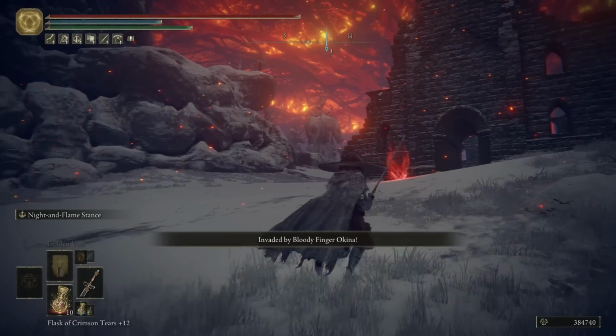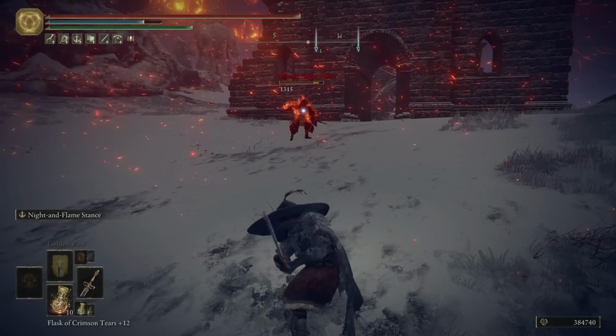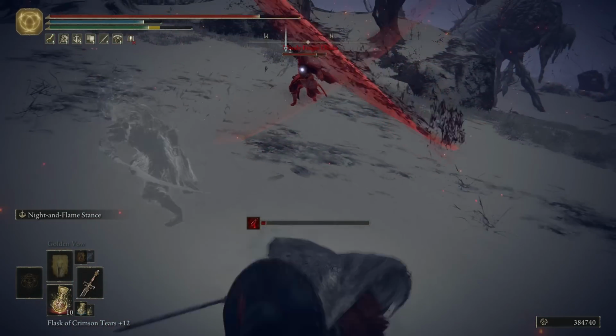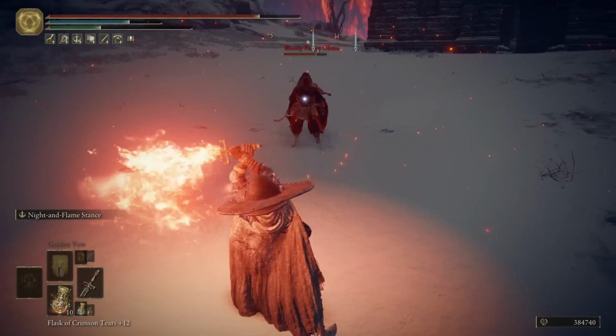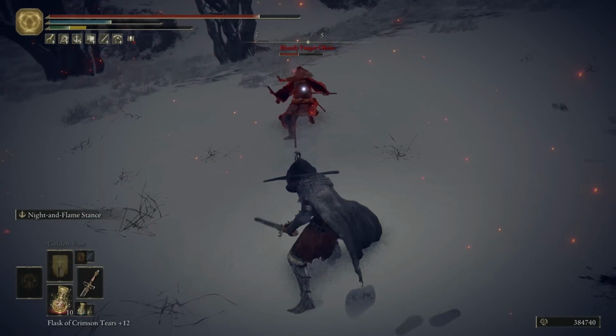So, in Elden Ring, there are many weapons that are considered rare, and there's a large majority that have a drop rate of less than 1%. Some of those weapons in those categories can be dropped by multiple enemies, and some can only be obtained by one. In today's video, we're going to be talking specifically about that, and one weapon in particular,